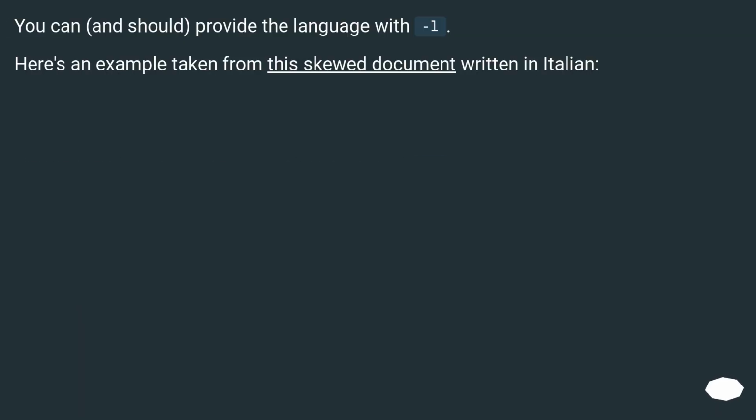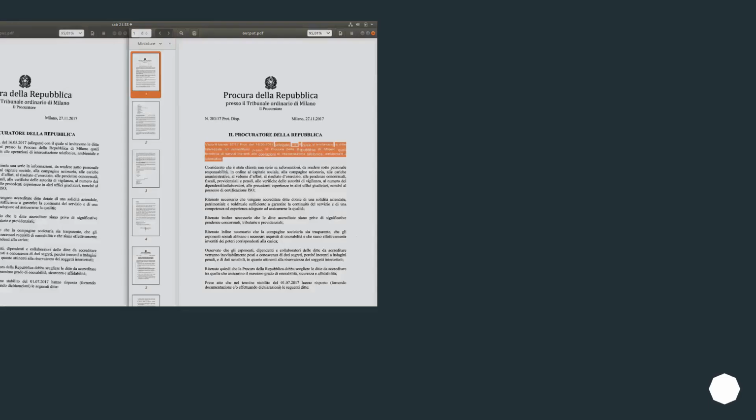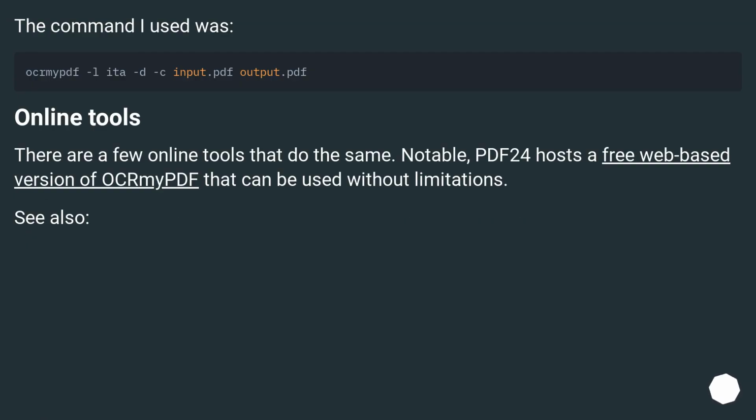You can, and should, provide the language with -l. Here's an example taken from this skewed document written in Italian. The command I used was